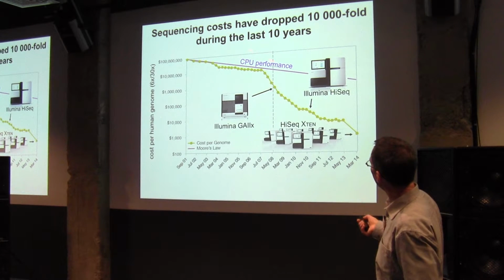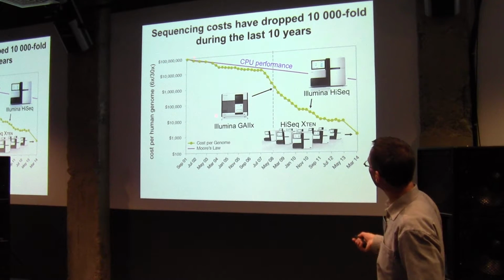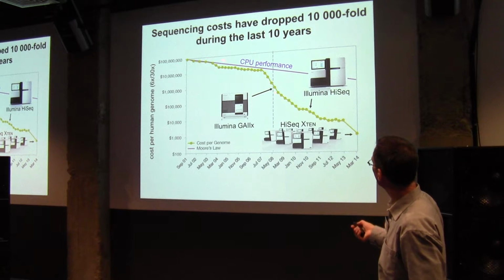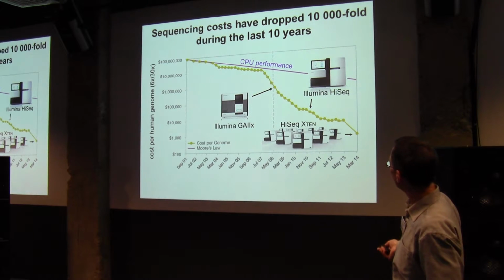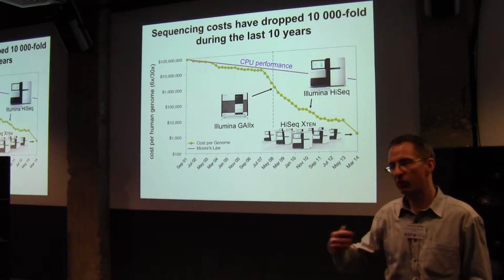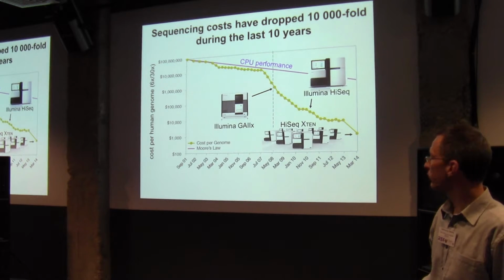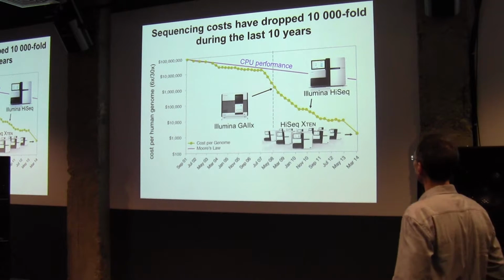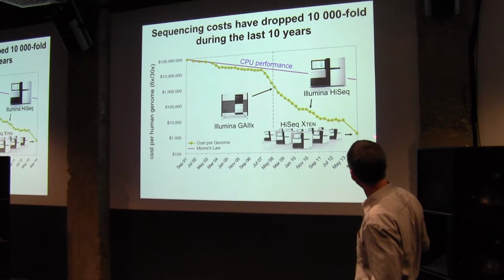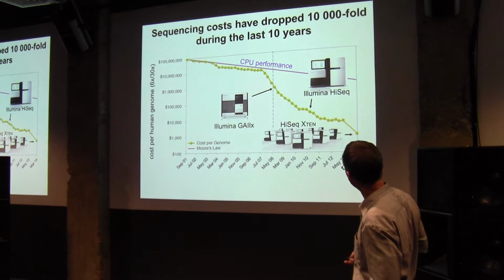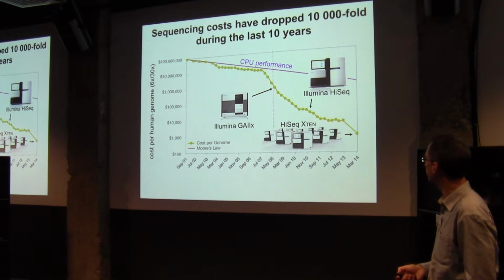So, this plot is, I think, very well known. It shows you the drop in sequencing costs due to the technological developments in sequencing, mainly driven by Illumina in the last years, but now all these long read technologies come, Oxford Nanopore, and so on. So I think this is going to pick up pace again. For some time we've been fairly flat here, but I think this is going to become faster again.